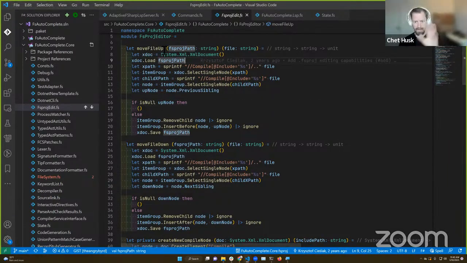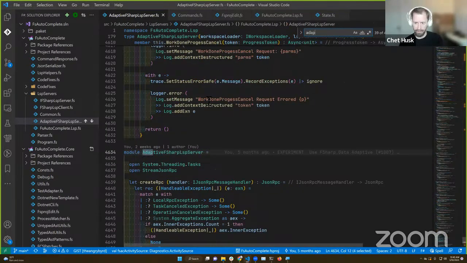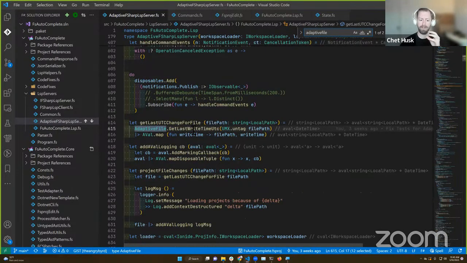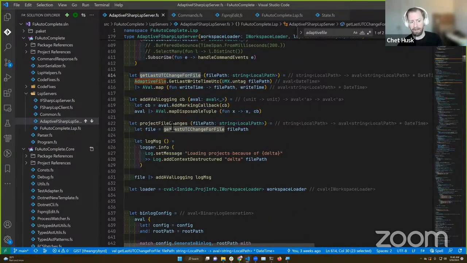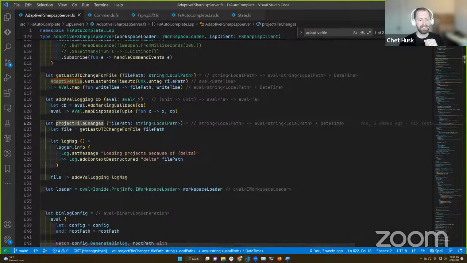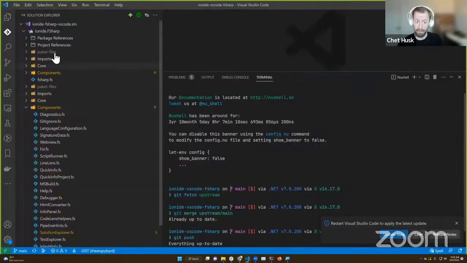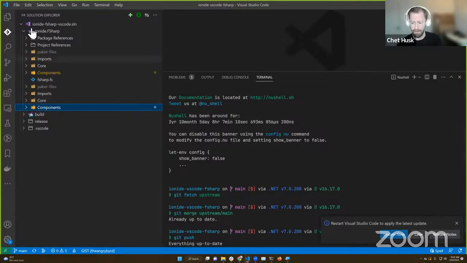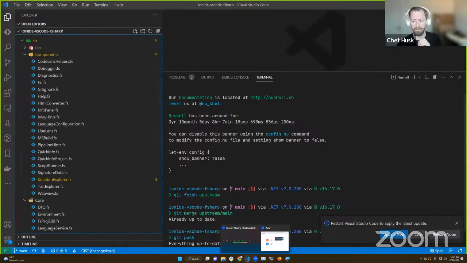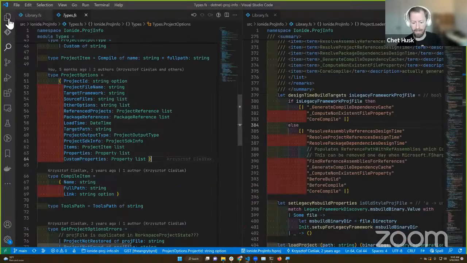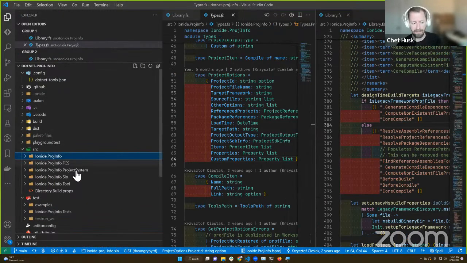The project system and Adaptive's parallel version of it both use file system watchers to watch an interesting subset of files. At first you might say this is just the project file, right? No, that is not the case. There are certain files that get added as part of restore, for example, that if you watch those, you can respond more quickly to changes in things like package dependencies.